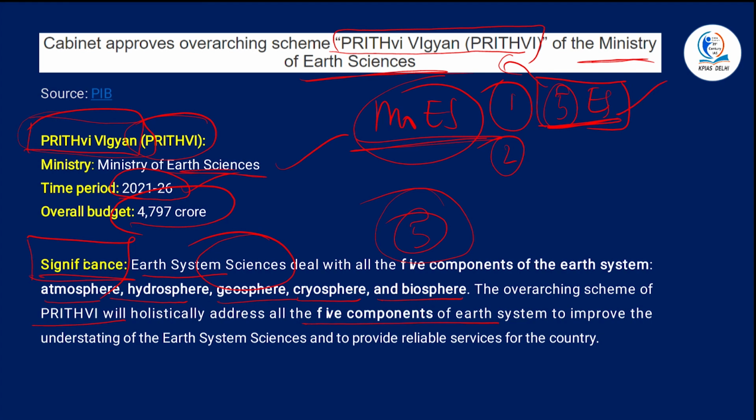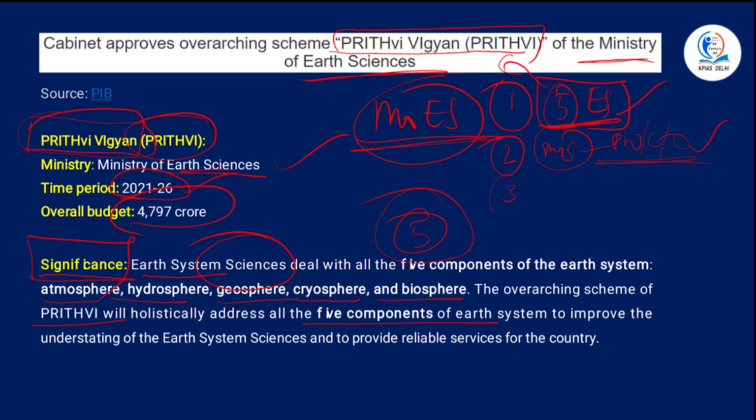Second important objective is development of modeling systems. You have to develop certain modeling systems so that you can understand and predict any changes of weather patterns, any changes in climatic hazards, or any changes in the ocean that are happening. So the signs of climate change can be understood by development of certain modeling systems.